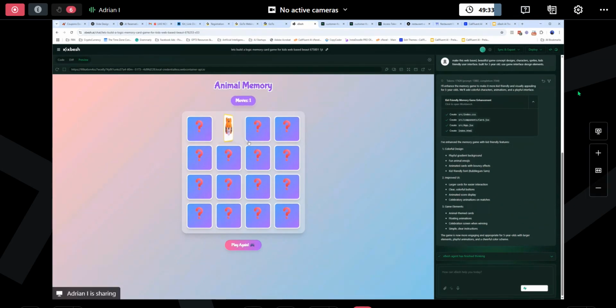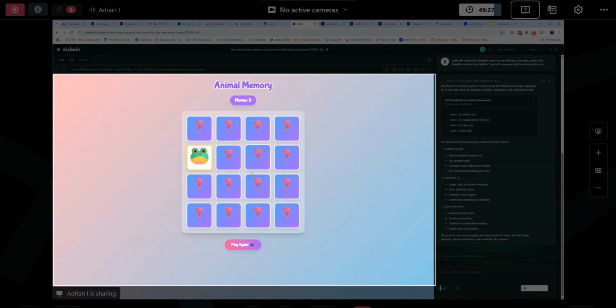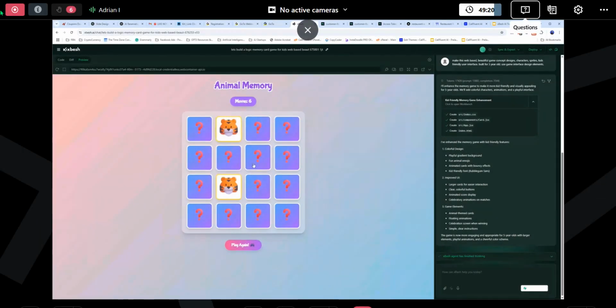So it's basically a memory card game. I'm really bad at it. I think my daughter is going to be better than me. Where was that tiger? Anyway, when you match them, it remains matched, and it's just a matching game for kids. I enjoy making games for my 4-year-old daughter. Sometimes I just relax by making her a new game.